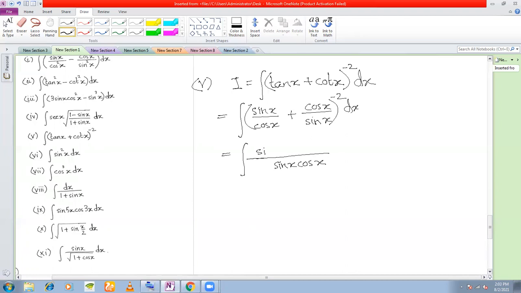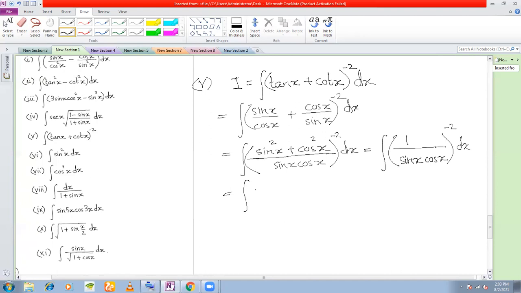So you will get here sin square x plus cos square x to the power of -2 dx, which is equal to integral 1 by sin square x plus cos square x is 1, sin x cos x to the power of -2, which can be written as integral sin x cos x as a positive power whole square dx, which can now be written as,